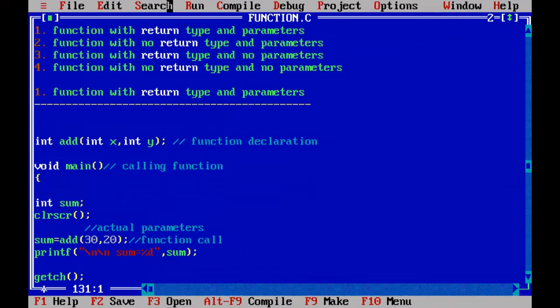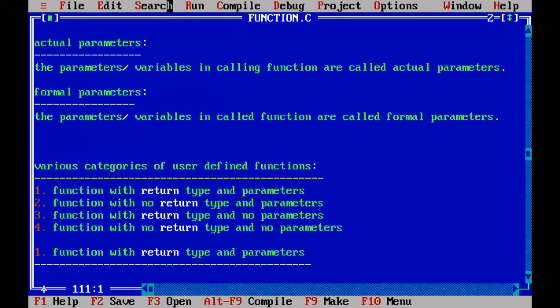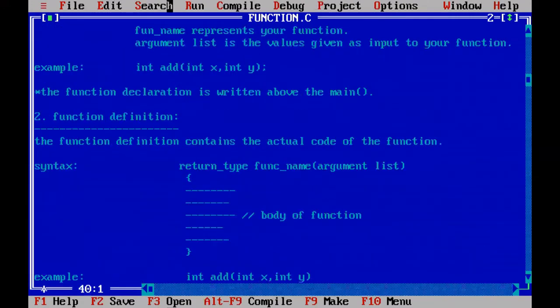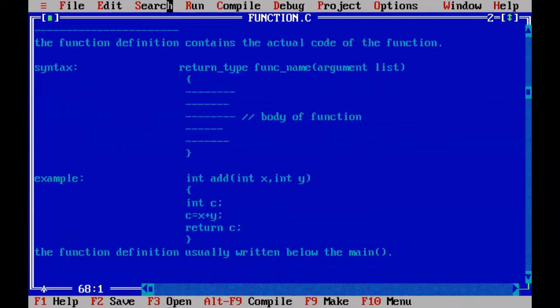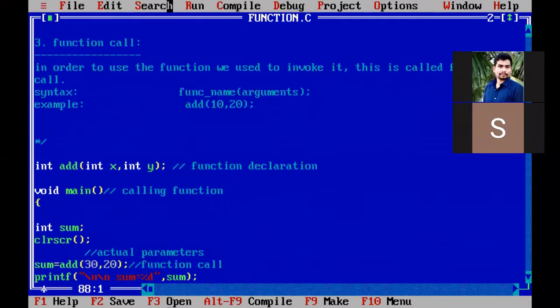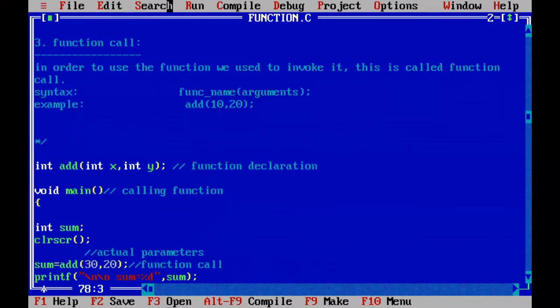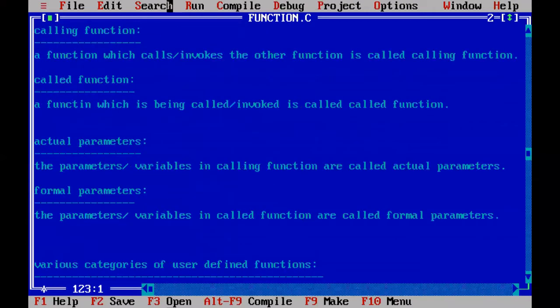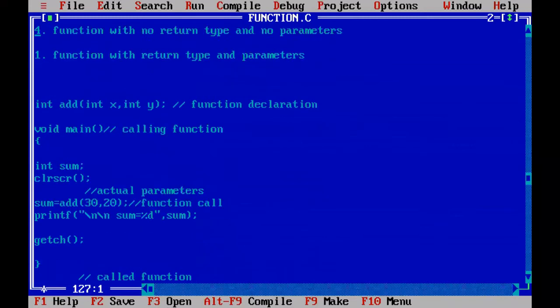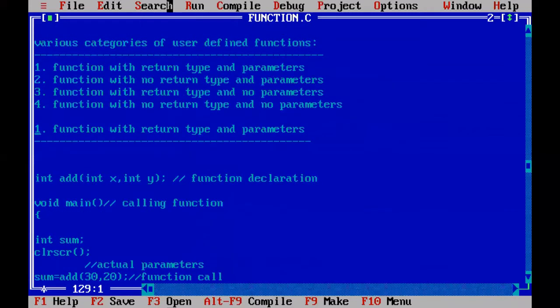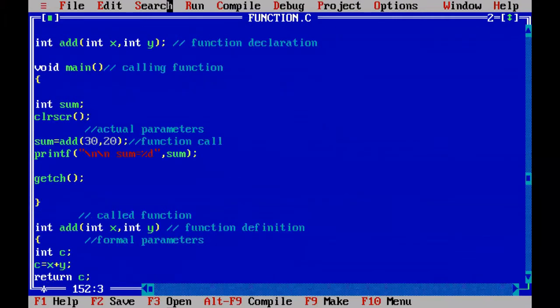Comment everything from here. Remove the comment, and comment up to here. Just uncomment the program.